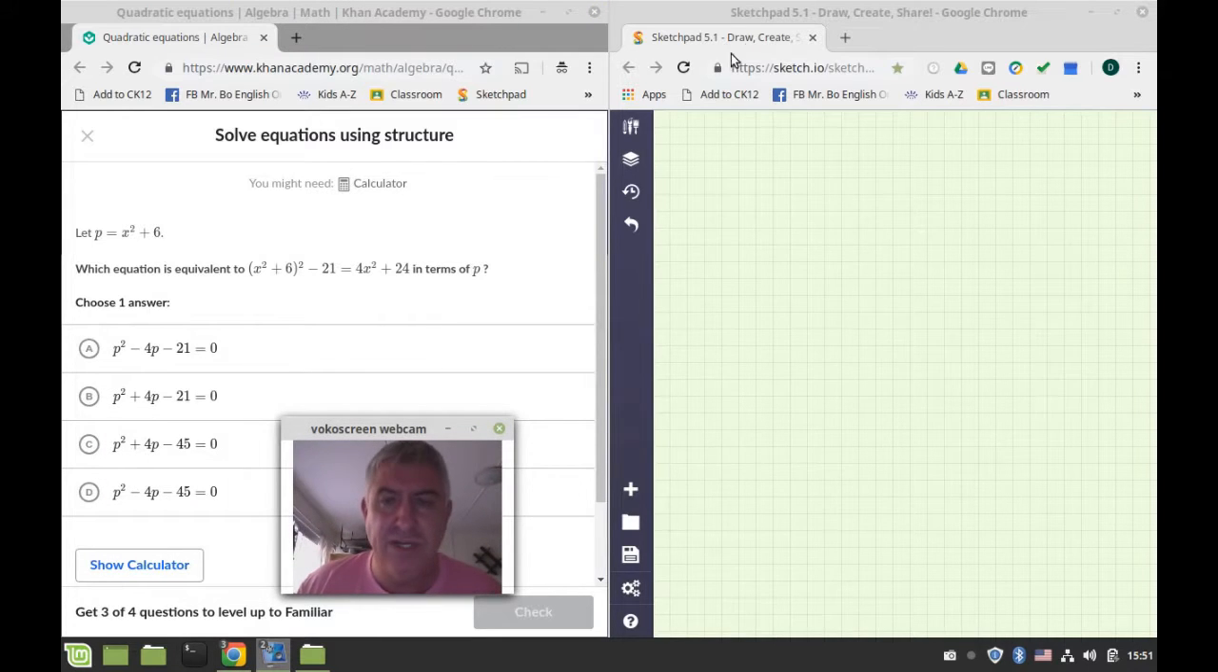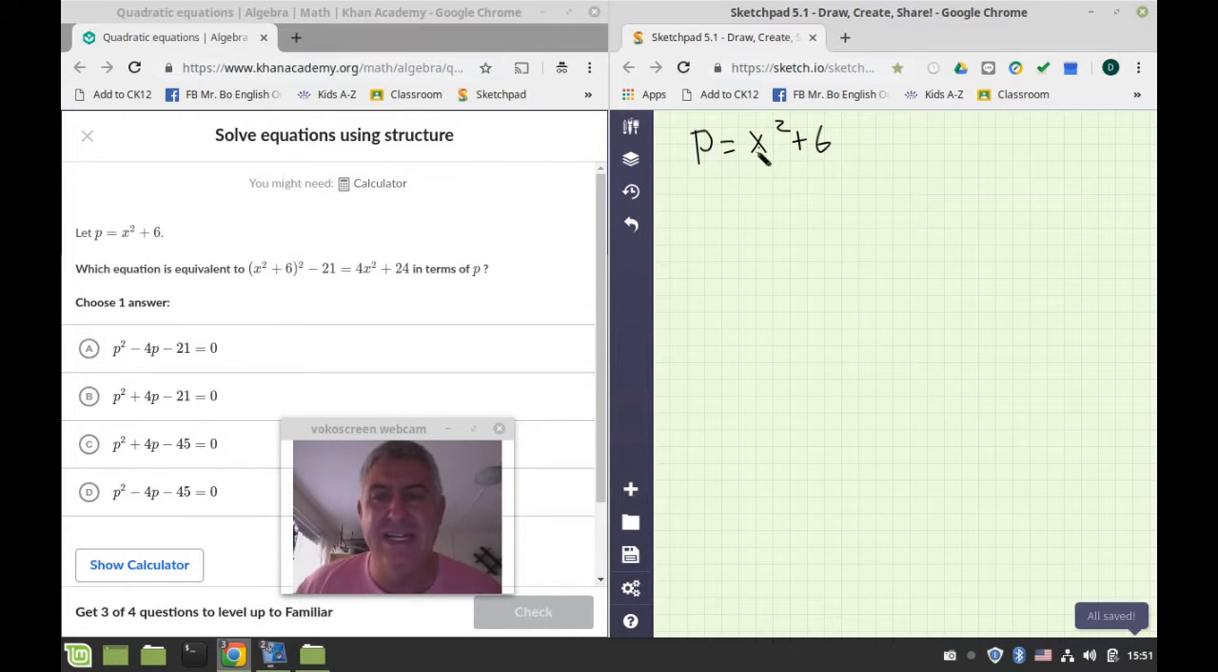So our first question tells us the substitution, and most of the time you're going to have to identify this yourself. So we're going to find this expression, x squared plus 6, and every time we see it we're going to replace it with the variable p. So we have (x squared plus 6) squared minus 21 is equal to 4x squared plus 24,